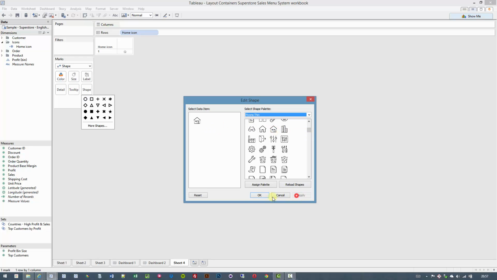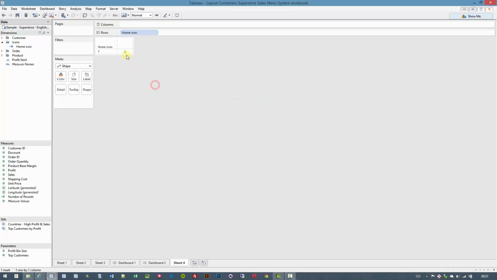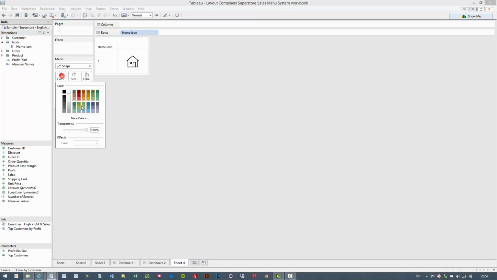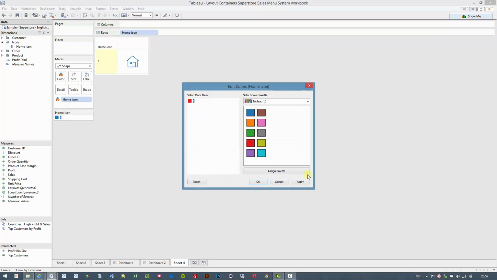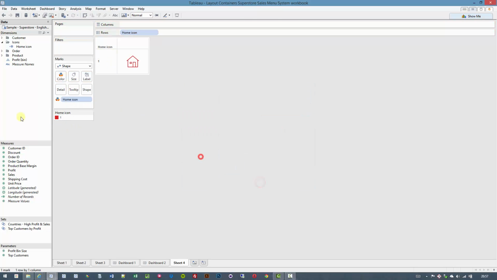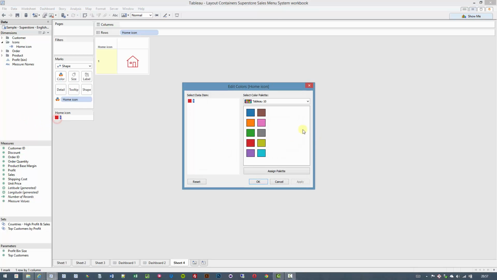So there we go. I'm going to click apply, and that is our home icon. One thing I'm going to do now is you can't actually color this just yet. If you click a color, it doesn't actually state that color. So what you have to do is put this again on color, and then you can color this, and you can give home a nice big red icon. I don't know, actually let's not give home red, let's give it blue, something a bit more welcoming,